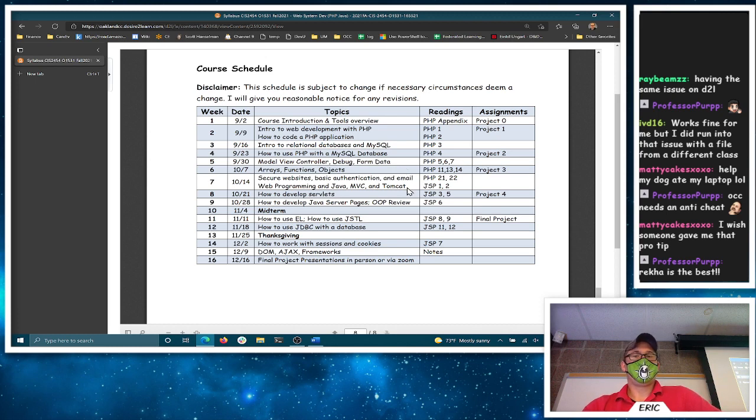Then in week 7 we switch over to JSP, the Java side of things. Essentially anything you can do in PHP, you can do in Java. You can do more things in Java than in PHP because you have the entire Java JDK available to you to do anything you can imagine behind the scenes. PHP can do a lot of things, but maybe not quite as much as Java. But Facebook was originally written in PHP, so you can do a lot of really cool things with PHP. I'm not downplaying it at all, but